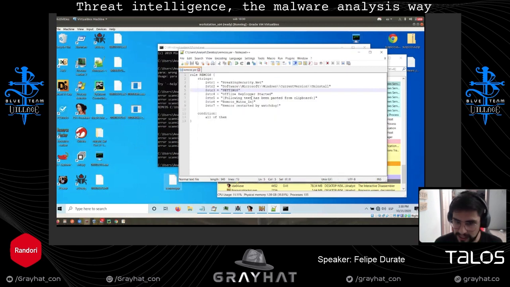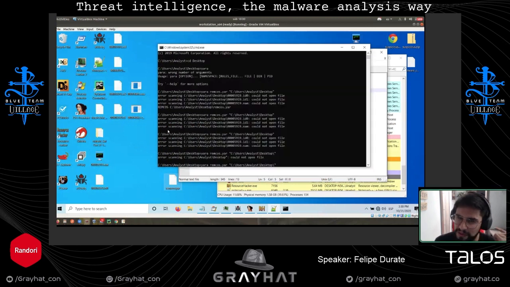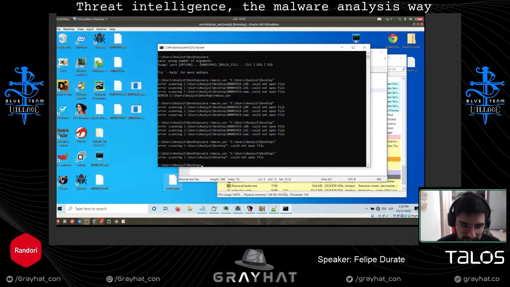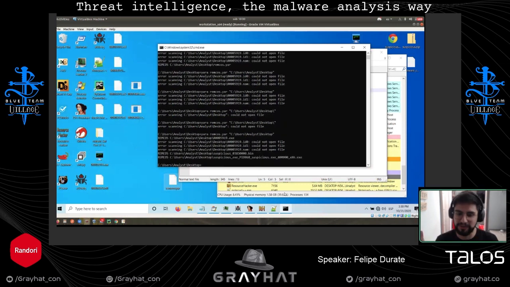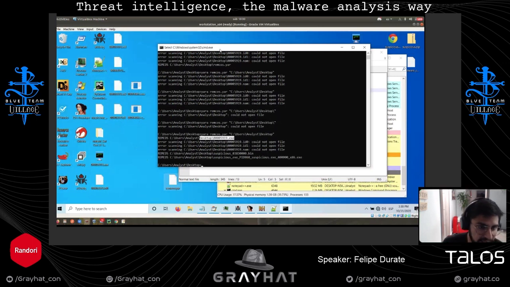Do you want to reload? It's the same thing, but yeah, this is the YARA rule that I previously created. I don't know what happened here, but the first YARA rule was kind of broken, so we ended up copying the previous YARA rule that I already have.